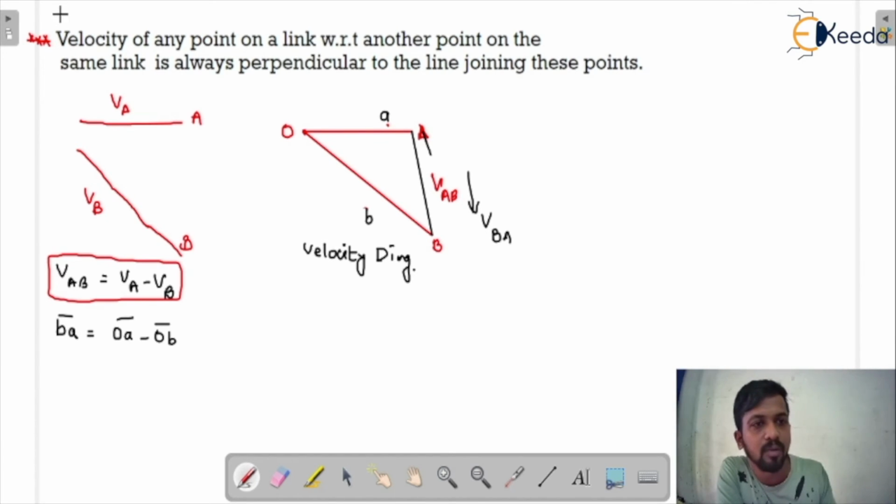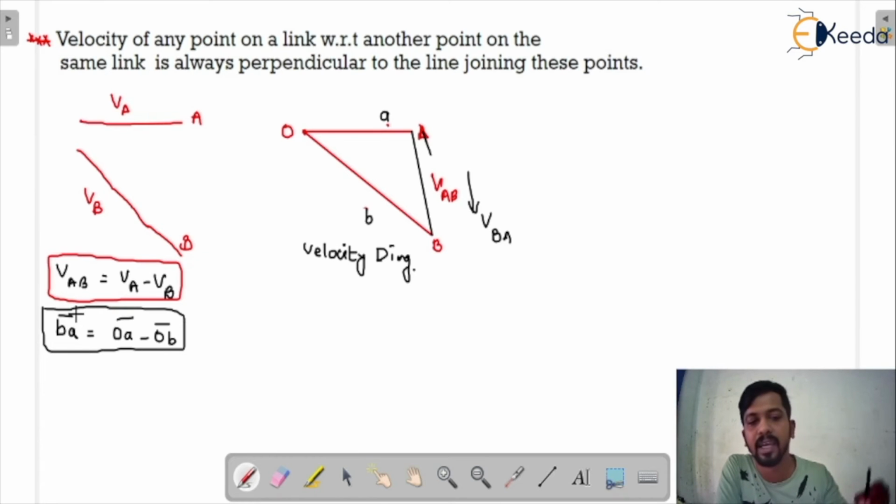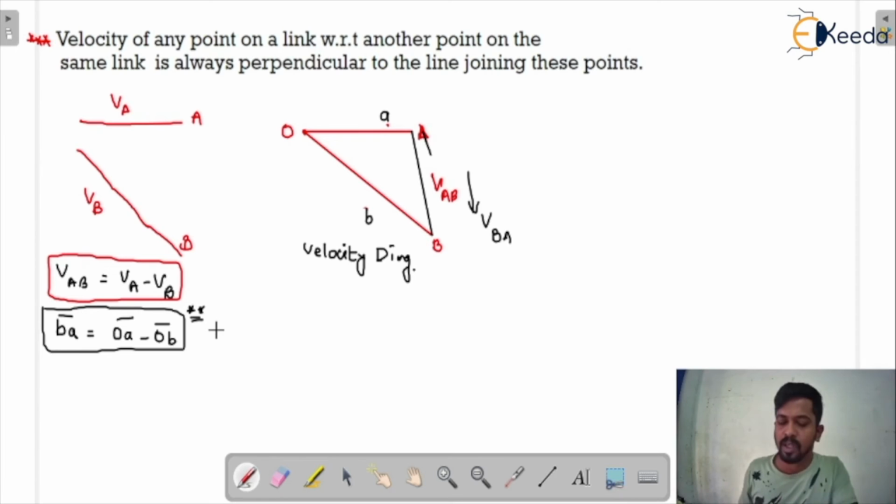So basically you must remember this term also, that is the relative velocity. When we are denoting the velocity in the velocity diagram, we will write them in small letters. Okay, so I hope you understand the relative velocity and the velocity diagram. Now we will discuss some more things: how can we calculate the relative velocity using the velocity diagrams.